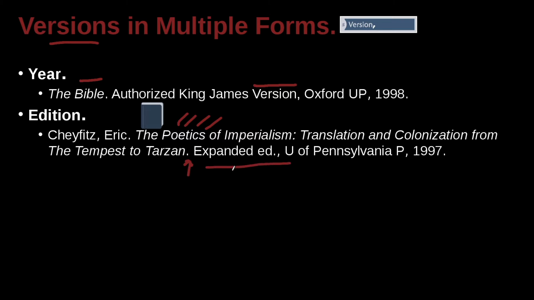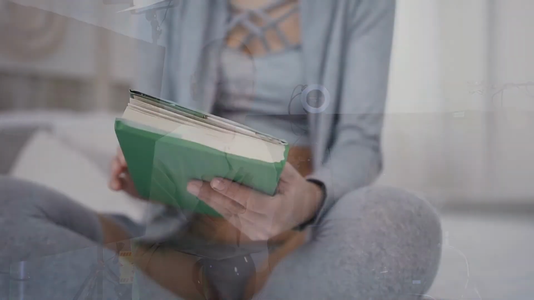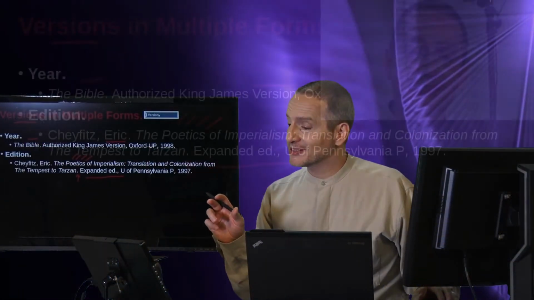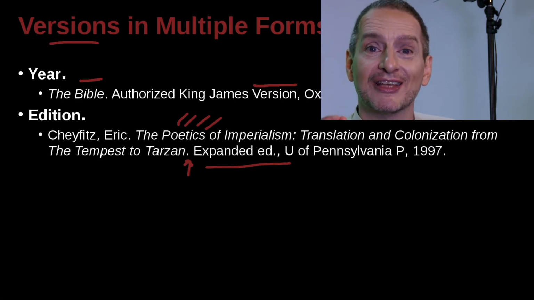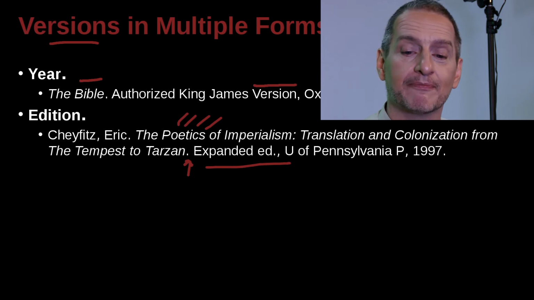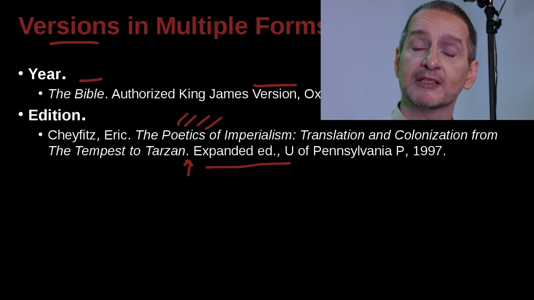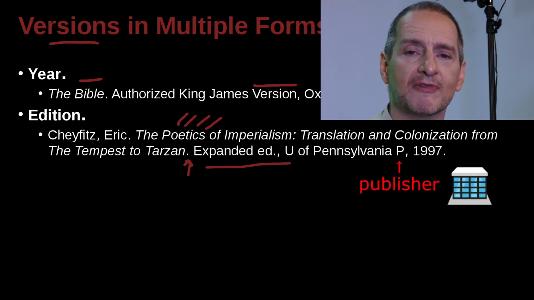What is this version? This is the expanded edition. How do we know it's the expanded edition? Because on the book cover or on the inside page, the copyright page, it says the name. This is The Poetics of Imperialism, Translation and Colonization from the Tempest to Tarzan, expanded edition. It says that somewhere, expanded edition right there. It's published from University of Pennsylvania, P, which means publishers, or could mean printers. I think in this case it's publishers. University of Pennsylvania Publishers,